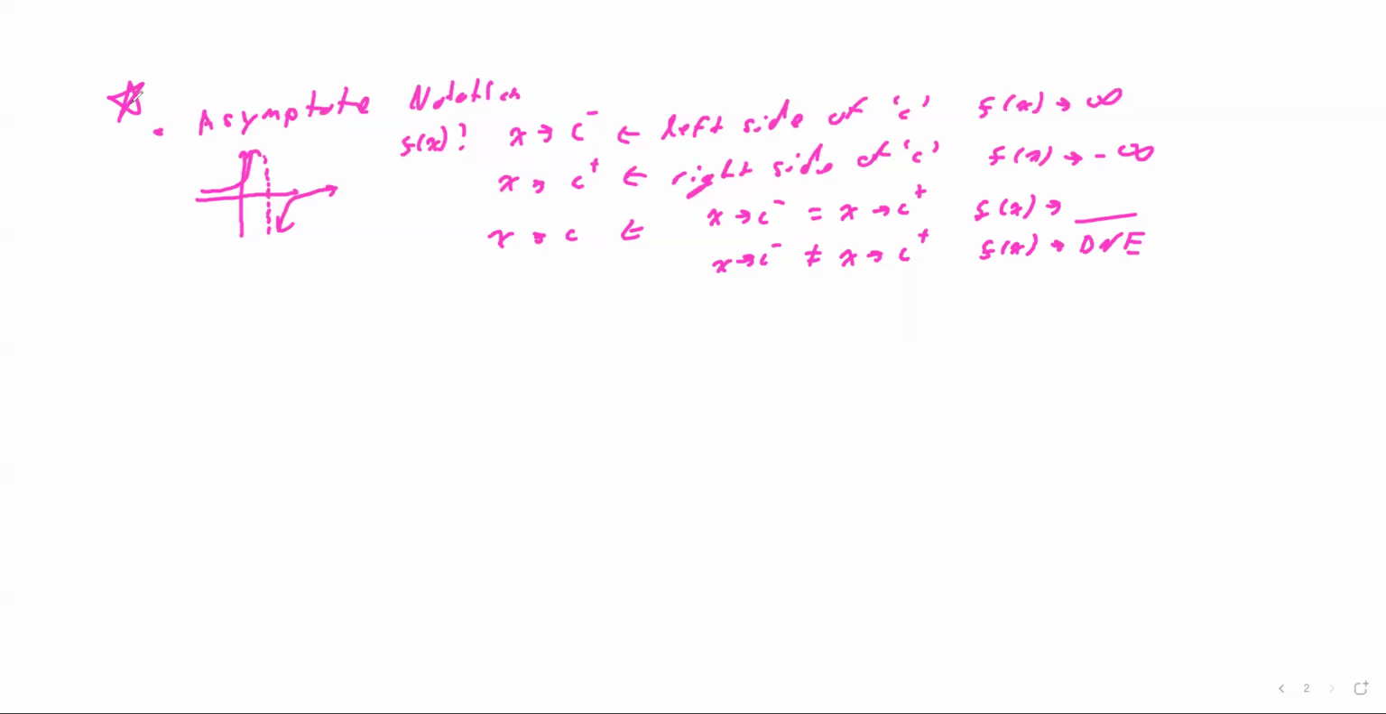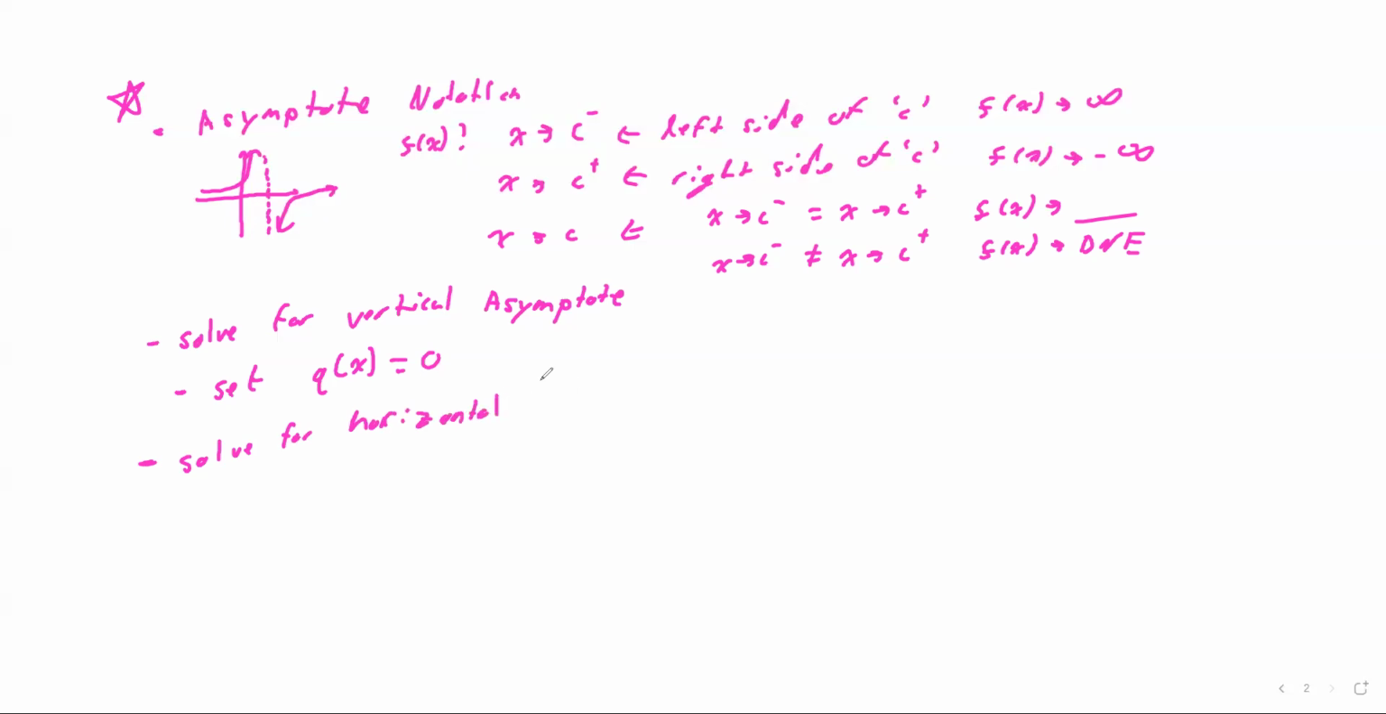To solve for vertical asymptotes, all you have to do is set the denominator, which in this case is q of x, equal to 0. You set it, and you solve it. The next thing, there's a three-step process here, to solve for horizontal asymptotes,